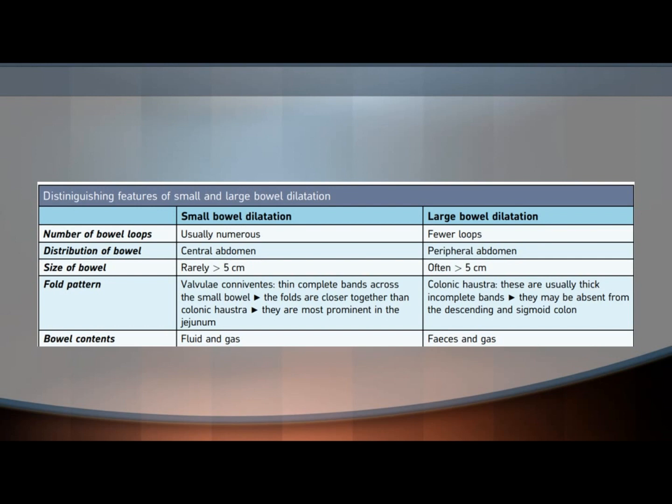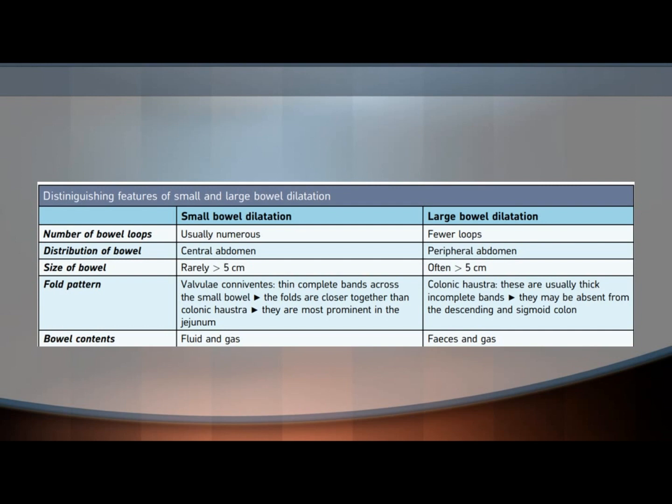The position is central in case of small bowel, while the colon is at the periphery of the abdomen. The size in small bowel obstruction rarely exceeds 5 cm, but in colon it's usually more than 5. And also,